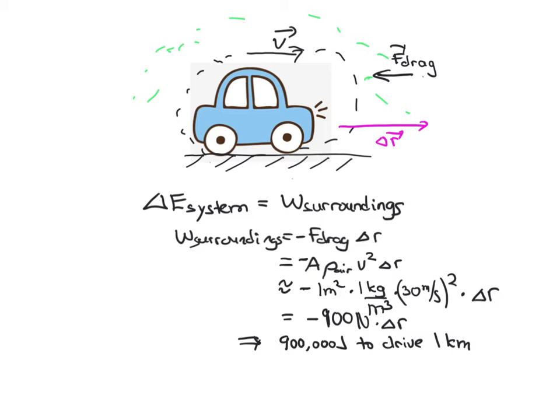You want to go a lot further. So, you'd like to be able to go, maybe 300 miles or 500 kilometers to really be able to sell this car on the open market and have people want to drive it. So let's put that number in. Let's call it a million joules per kilometer. That means you need to drive 500 kilometers. That means you need 500 megajoules to drive 500